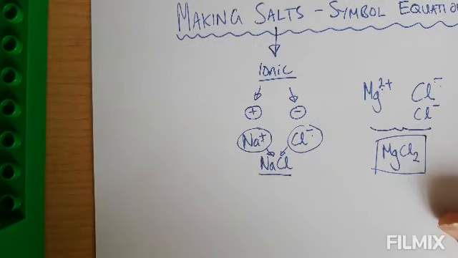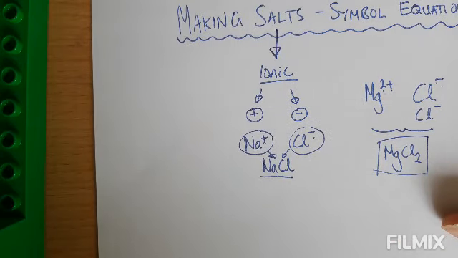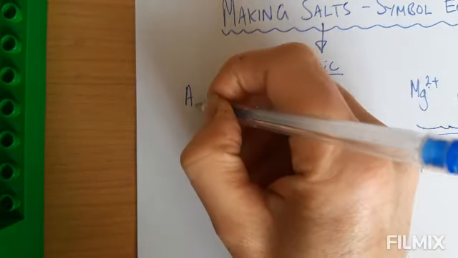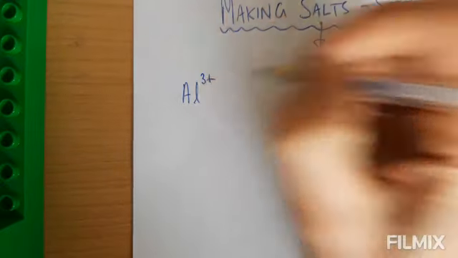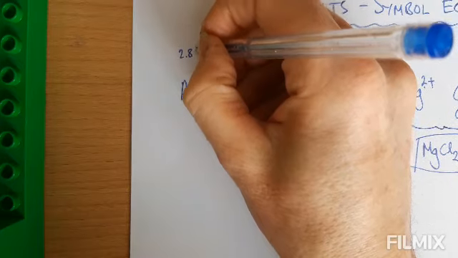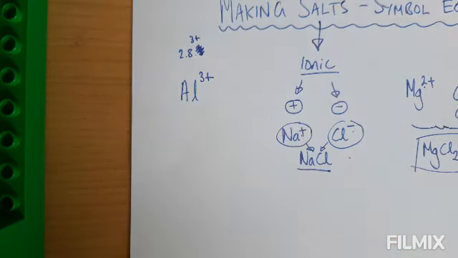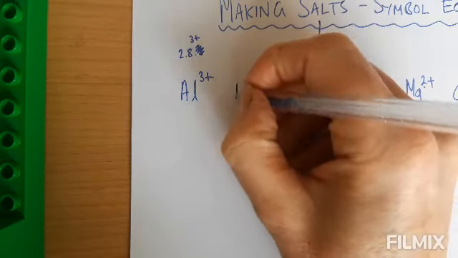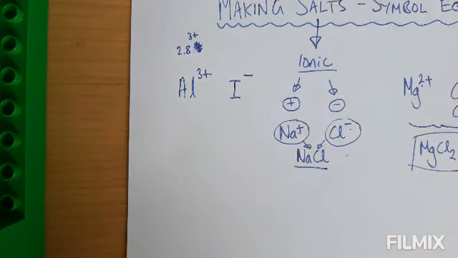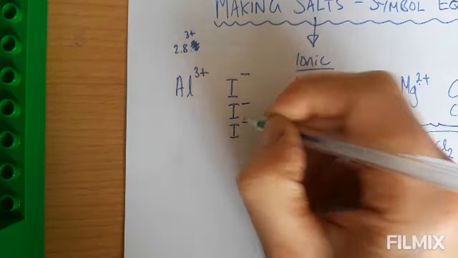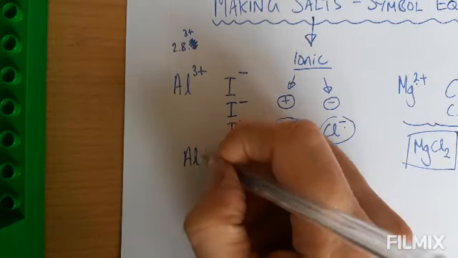If somebody asked me the formula for aluminium iodide, I would look up aluminium, and the aluminium ion is 3+. Because it's in group 3, let me just remind you, that's the atom. So when it bonds, it likes to lose 3 electrons. If it loses 3 electrons, it becomes 3+. Long story short, aluminium forms 3+ ions. Iodide is in group 7 and it forms 1- ions. So for the formula for aluminium iodide, I'm going to need 3 iodides to cancel out the aluminium,